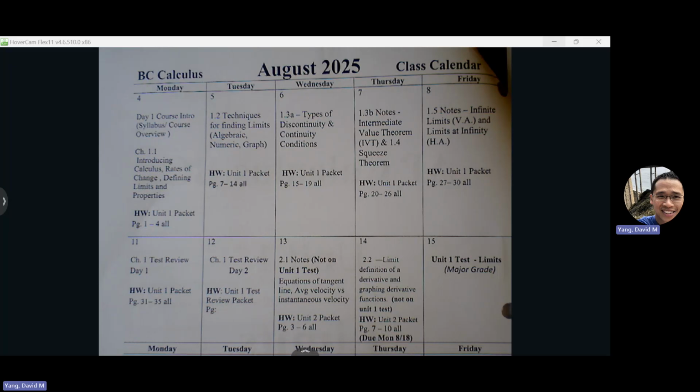Friday. So all the homework assignments are going to be in your packets. So you're just expected to work through all the problems that I've assigned. And then again, on the website, you can find the Unit 1 packet key where you can check your answer as you're working through your homework. And this afternoon, I'll probably send you a Remind just to make sure that you receive my message, and then I'll send you a link to the website as well as to the Unit 1 key, so that as you're working through your homework, you can check your answer.